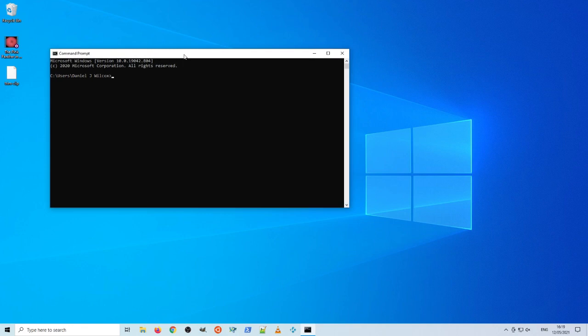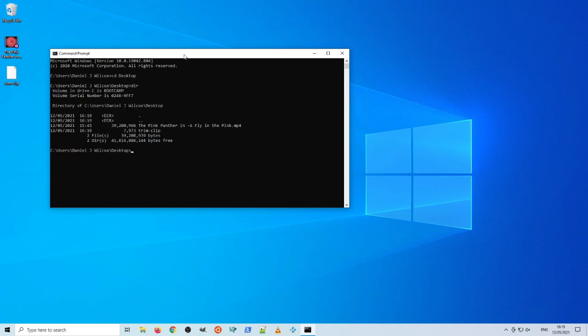Okay, so this is the Windows command prompt. We're going to change directory to the desktop, and standard Linux commands like list don't work in this, so you need to use dir. And you'll see here we have the Pink Panther in A Fly in the Pink, which is the video clip, and the trim clip script. The difference is when we run stuff in the command prompt, we need to prefix the command with bash. So we do exactly the same command, except we prefix it with the word bash. So bash trim clip